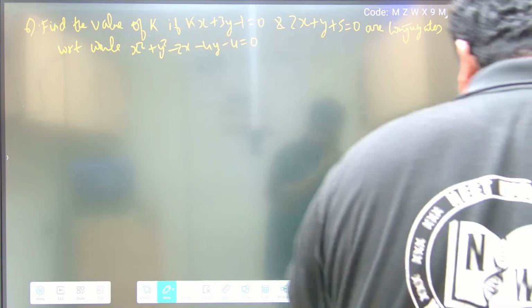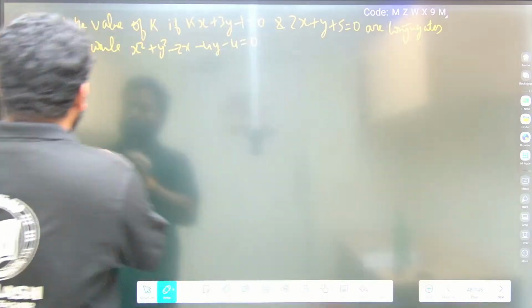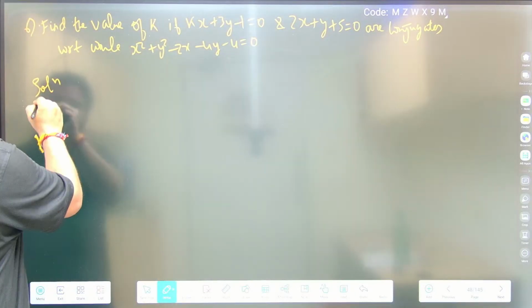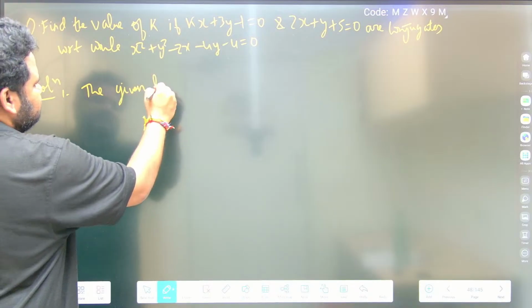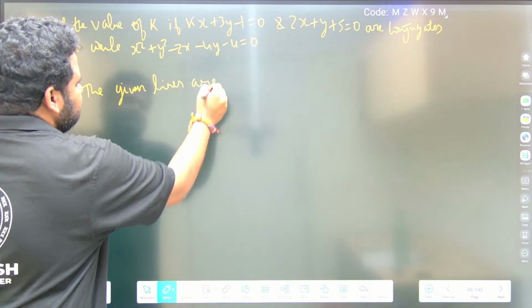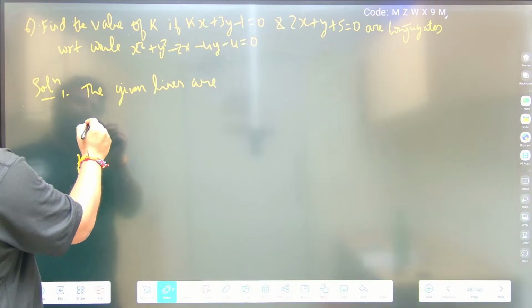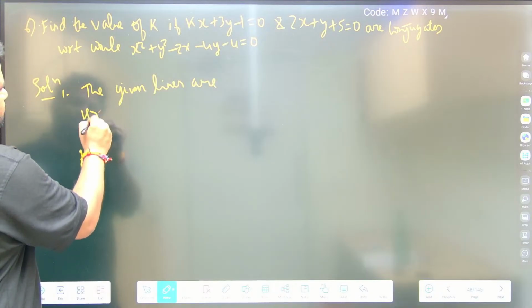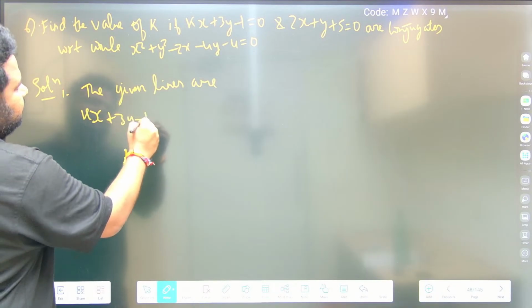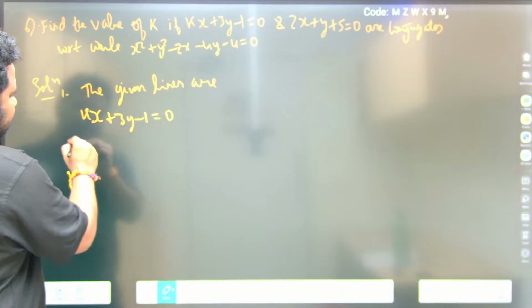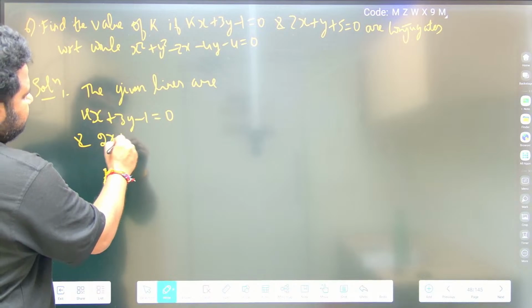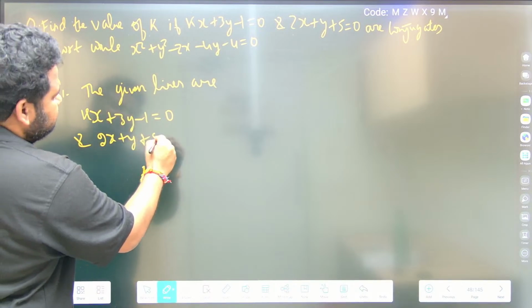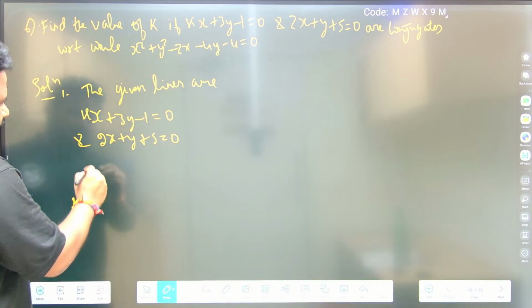Now the given lines are... first, the solution. Let us go directly to the solution. The given lines are kx + 3y - 1 = 0 and another line, 2x + y + 5 = 0, and they are of the form